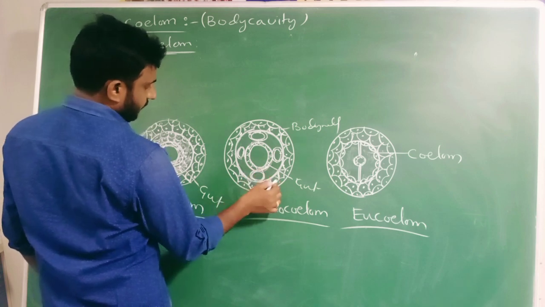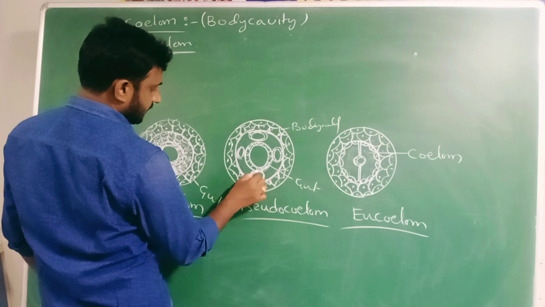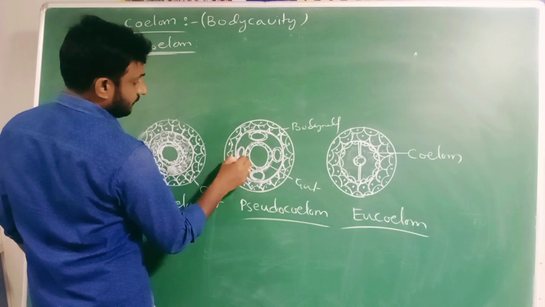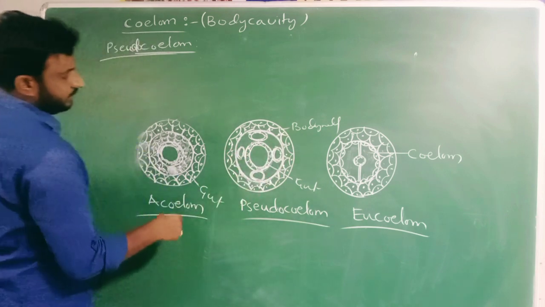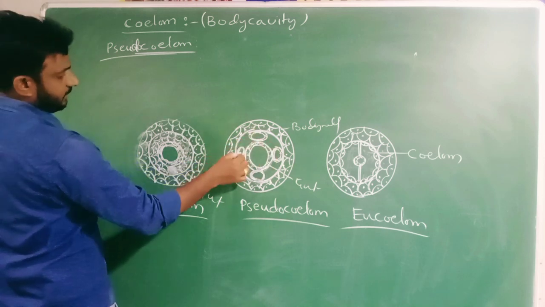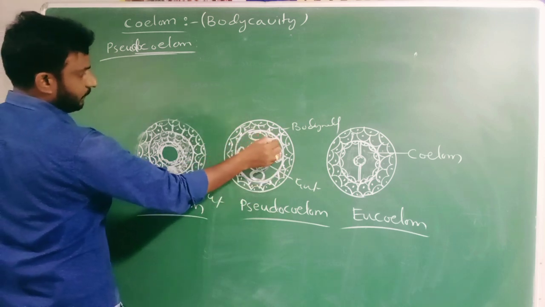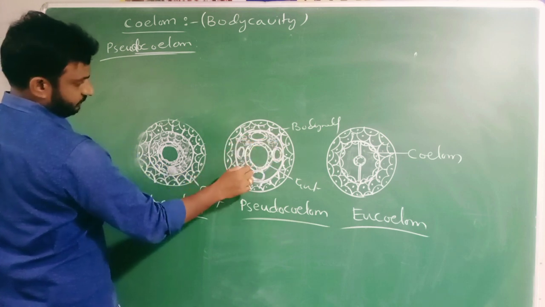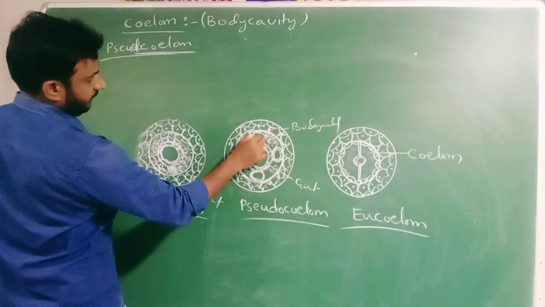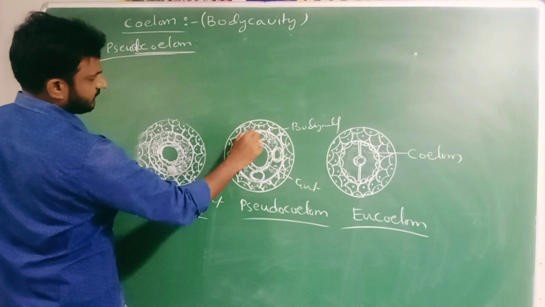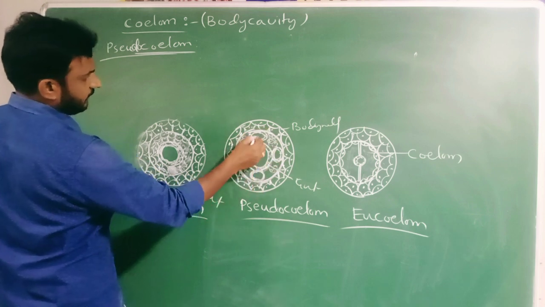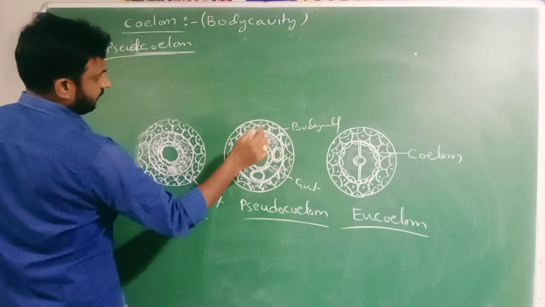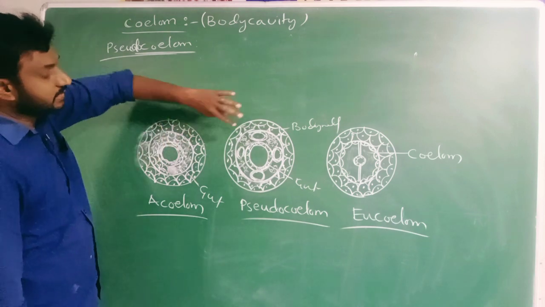Between the gut and body wall there is a space, but this space is not continuous. Cavities are present at some places only, scattered, and the remaining part is filled with a tissue called parenchymal tissue or mesenchymal tissue. This cavity is a body cavity, but it is not continuous between the gut and body wall, and these cavities are not